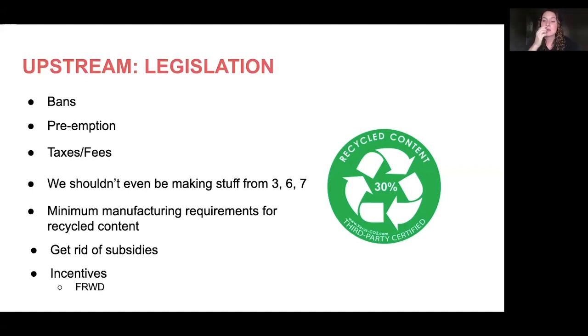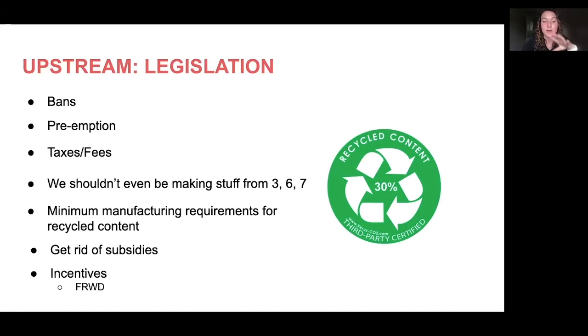The last tool to talk about here is subsidies in the legislative realm for upstream. For the most part, the plastics industry doesn't buy back their own plastic to make new plastic products. When I recycle my number 1 soda bottle, it almost always gets turned into something like a carpet or yoga pants or running shoes, something like that. The people making the bottles in the first place aren't taking it back because that bottle is,